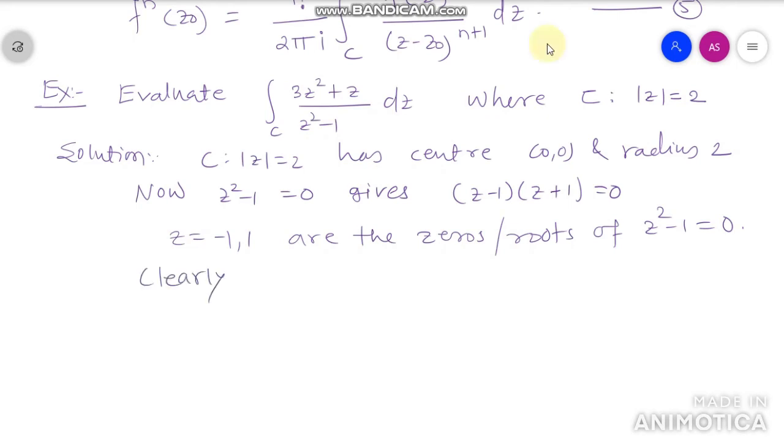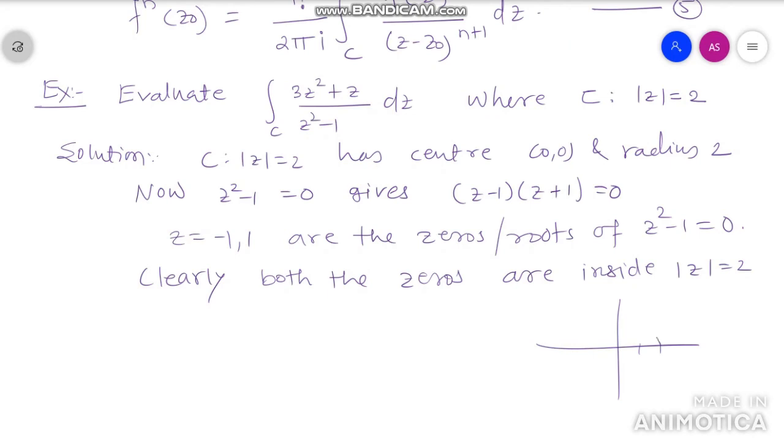Clearly, both the zeros are inside mod z equal to 2, because if you draw a circle having radius 2, it is something like that. Okay, plus 1 is here and there is minus 1. So both the roots or zeros are inside the circle C. Hence